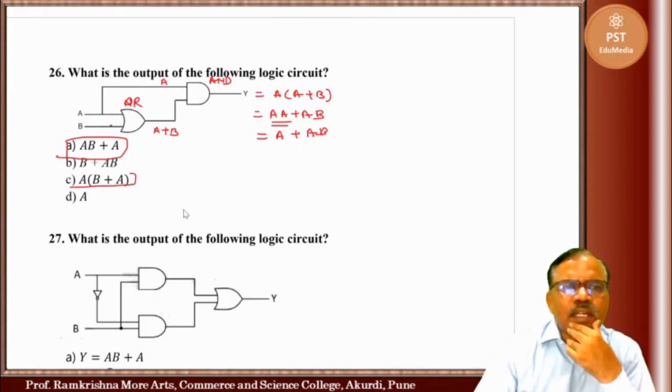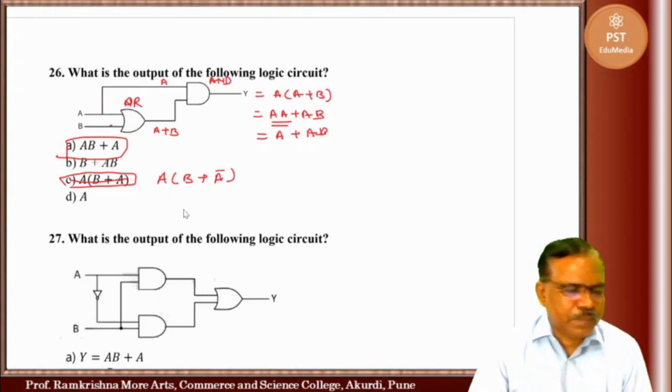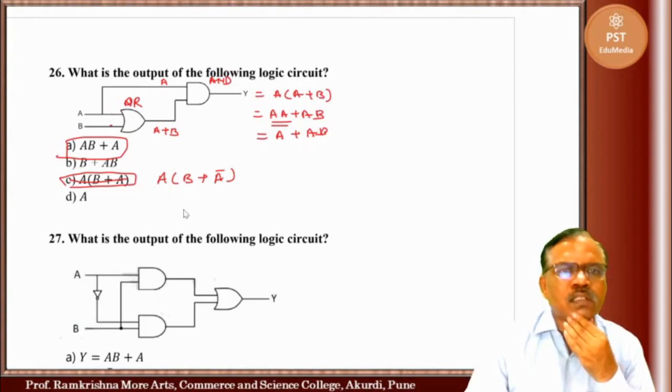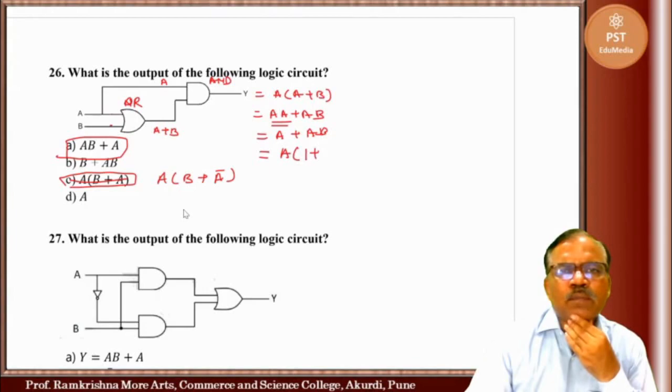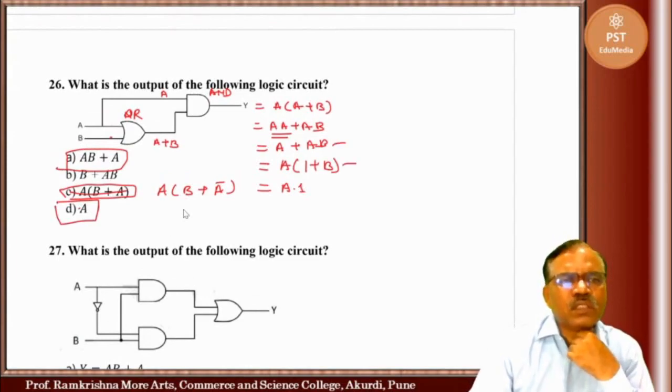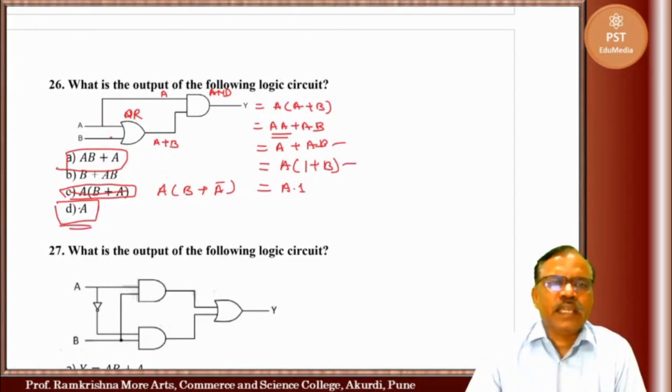Actually this is also correct, but we can change this, AB plus A bar, suppose. So AB plus A, sorry, here, and then A(1 plus B) we can write. So here A(1 plus B) is 1. So what happens here? This last one is correct. So you can simplify this. So this last one is correct. A you will get here.